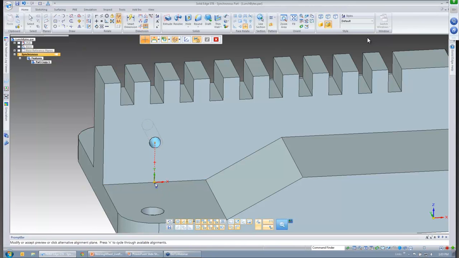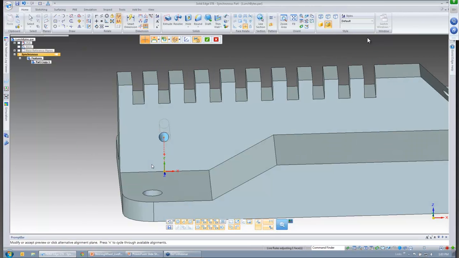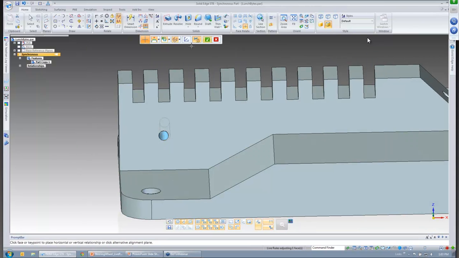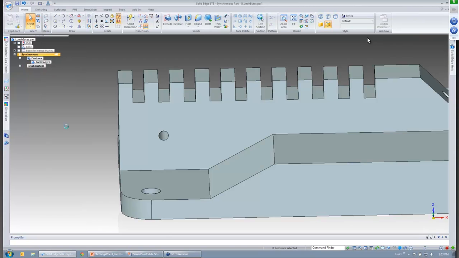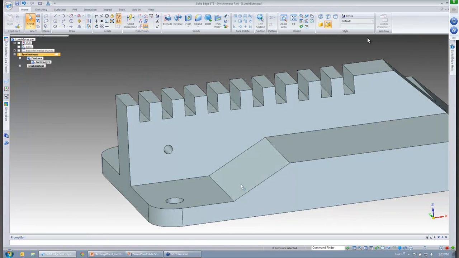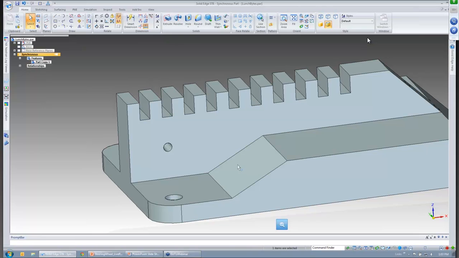There we go. So now you'll see I've got this vertical relationship, and I'm going to accept that. And so now I have a relationship in my Pathfinder, and we call that a persisted relationship, obviously. But sometimes we don't see that. So if I were to begin to make this synchronous edit on this face,